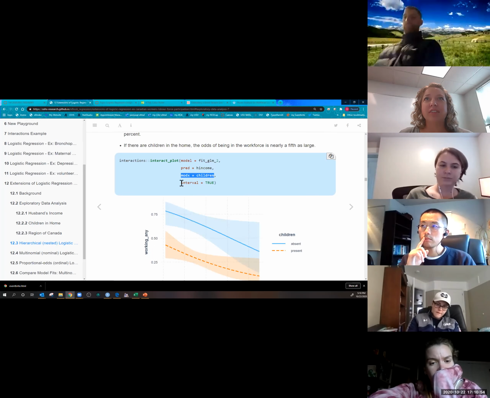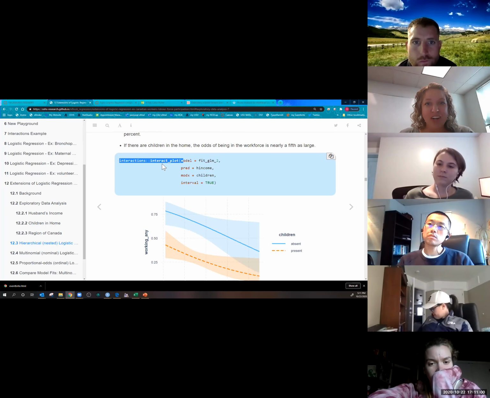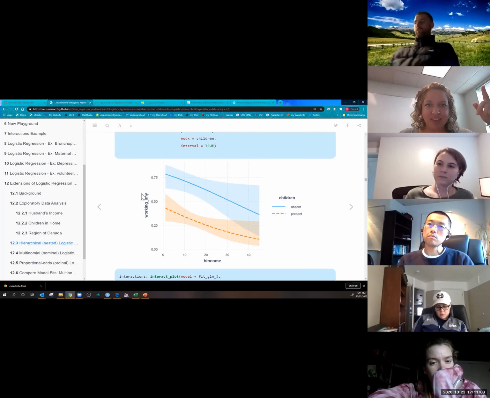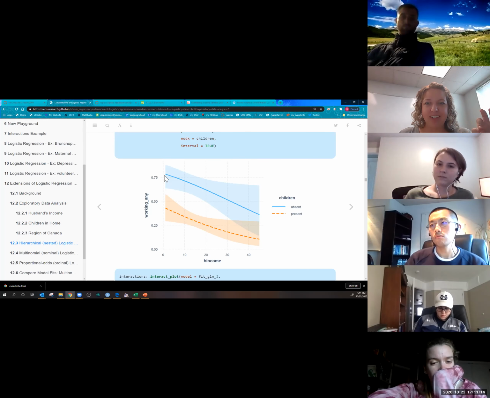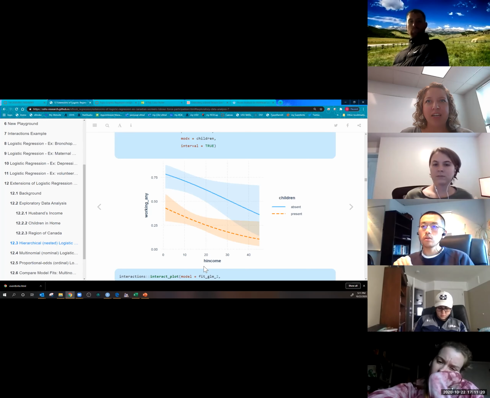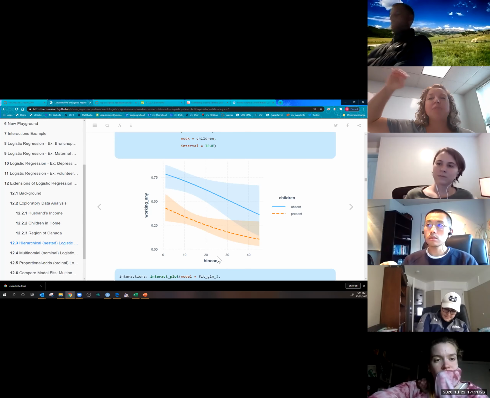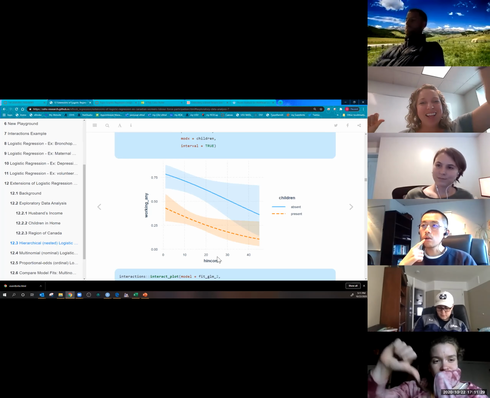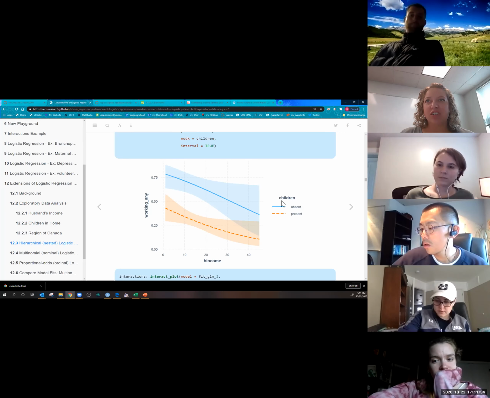Now, when you use this interaction, it'll automatically convert from logit to odds ratio back to probability. So notice the y-axis is in terms of probability from 0 almost up to 100%, to 1. So this blue line, what's the chance the woman is working, period? What's the relationship with husband's income? The more the husband is earning, the lower the chance the wife is working.